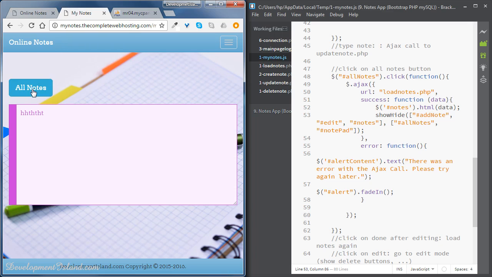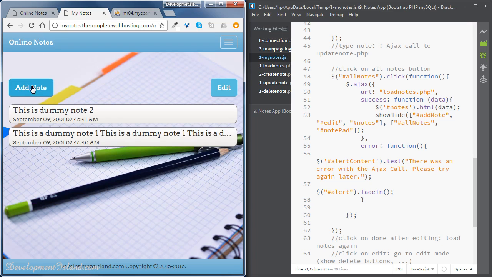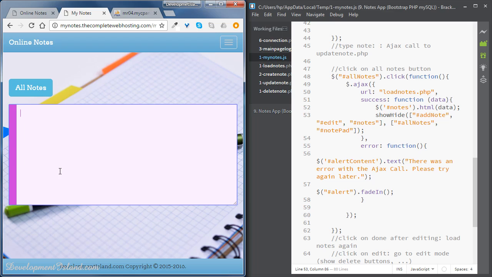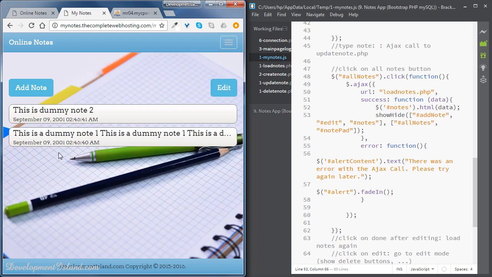So the first scenario is when the user clicks on Add Note. Then they will see the text area there and they can start typing the content of the new note. So at the moment, if I type anything here, and then go back to the list of notes, I'm not going to see the new note. The reason why is because the new note is still empty, and by the time I get here, all empty notes get deleted. Okay, so I won't see the new notes. Now, what we're going to do,